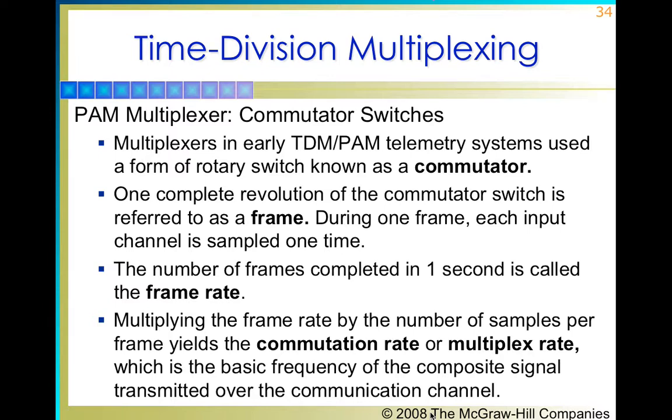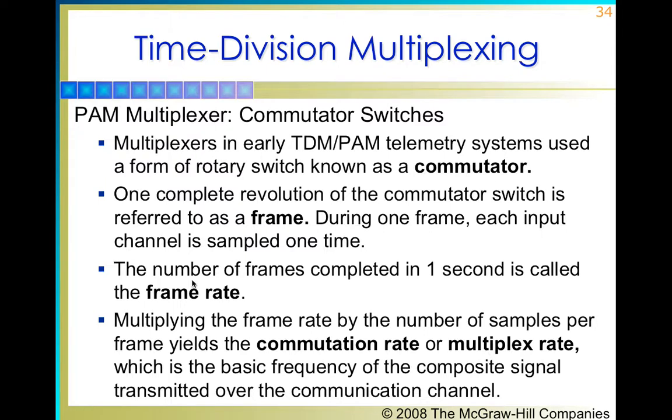So this is basically telling us about various terminologies used in time division multiplexing. Here the switch which is doing the switching operation, the rotary switch, is termed as a commutator device, and in one frame we have the input of all the transmitters which are connected with the multiplexer. If we have 4 transmitters, then the frame contains 4 readings. If we have 10 transmitters, then the frame contains 10 readings, and this is the frame which is having the information of all the transmitters which are connected to the multiplexer.